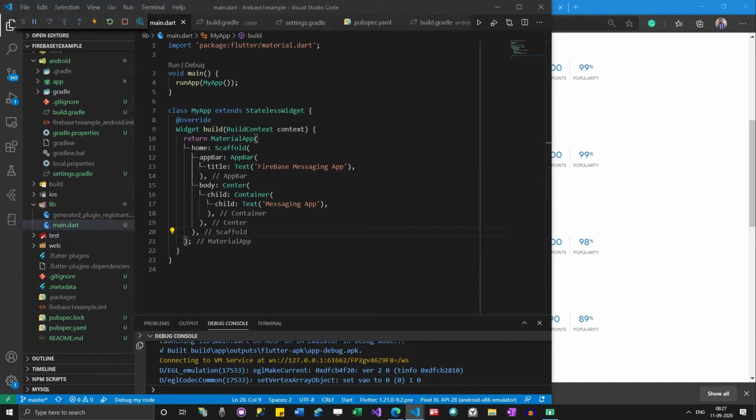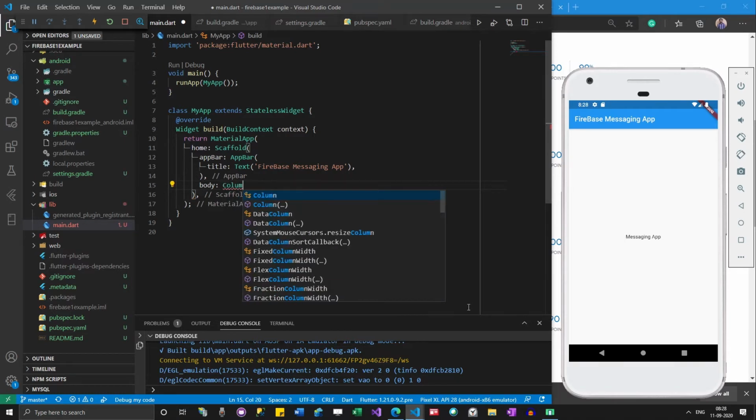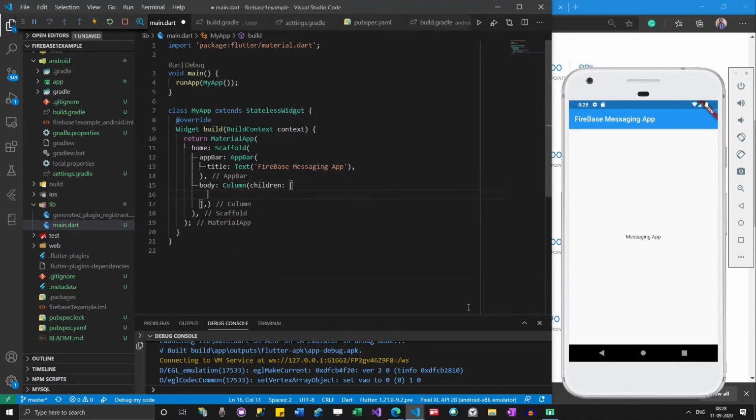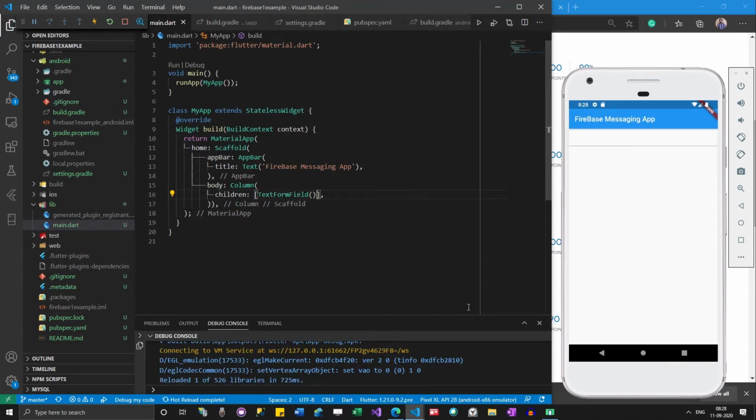For creating the message app, we have to create some user interface, right? So let me remove this. The app is still running, right? So I'm going to use a column with children. Text form field: for sending messages, we need a text form, right? So this is the one.